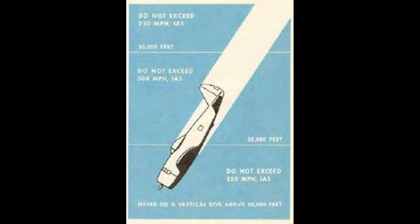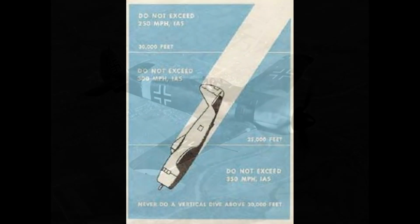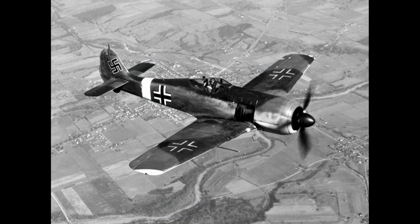Our pilot in this case has studied the NACA chart, he knows his plane, and has thought through this situation in advance, or perhaps he has his own notes on the dash. In any case, he knows how to get the maximum performance from his plane. And in our scenario, he's running from a pair of FW-190s, so he's going to need all the speed he